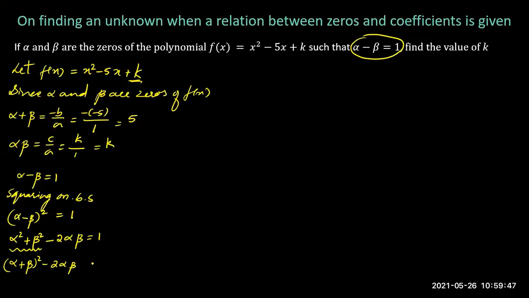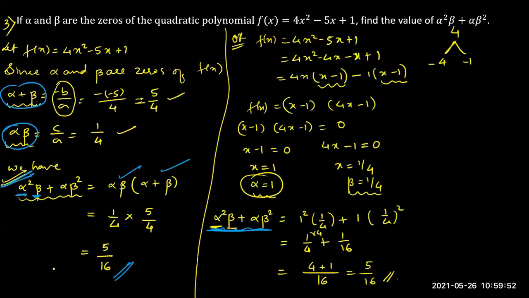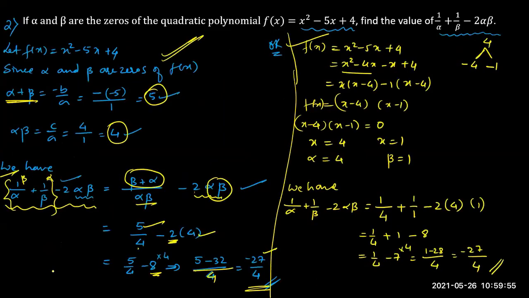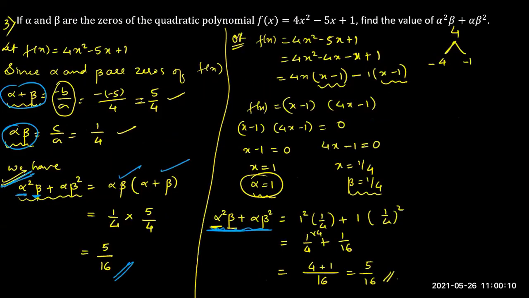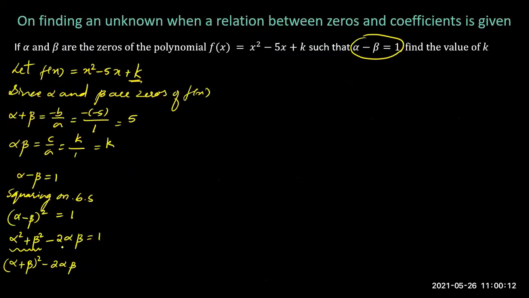Very good. In the sense, what I have done in the first example we solved, this method we need to use there. Alpha square plus beta square equal to alpha plus beta whole square minus 2 alpha beta. Correct. So then this minus 2 alpha beta, you keep as it is.